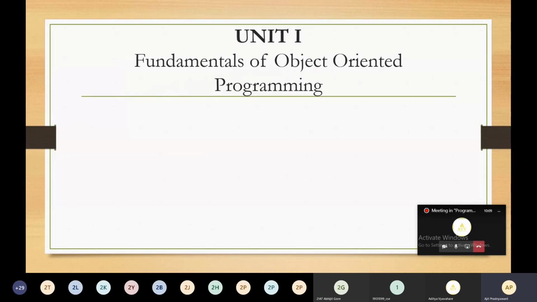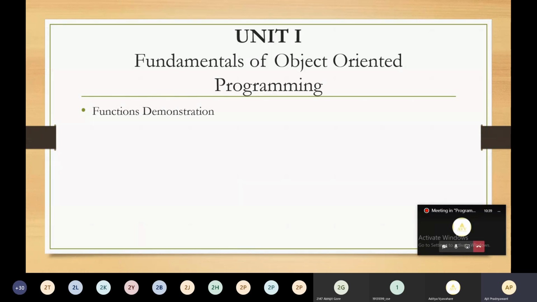Continuing with unit number 1, in today's lecture we are going to see functions demonstrated. With the help of Code::Blocks, I am going to demonstrate how to write functions and how to call them. We have seen thoroughly what functions are, their definition, and how to call them. In today's lecture, I am going to demonstrate how to write and call functions.